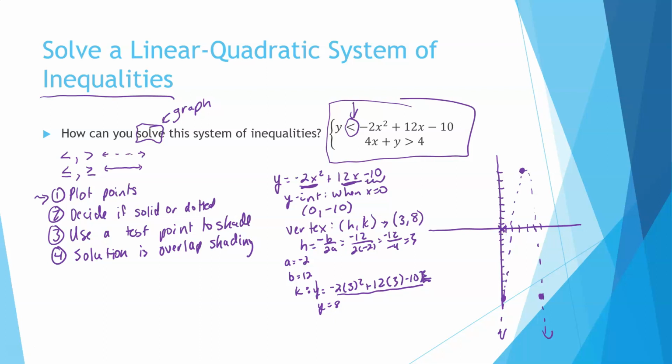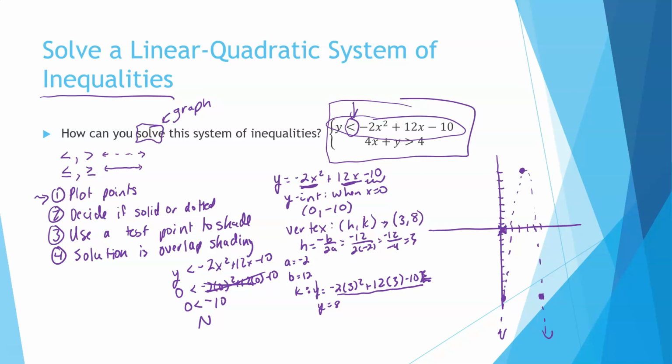So what that means is now I take the original. So now I have to think about it as an inequality. So again, y is less than negative 2x squared plus 12x minus 10. I'm going to plug in 0 for the y and 0 for all the x's. I'd have to show all this work. If you knew these were 0 already, you just say, is 0 less than negative 10? So you're asking yourself, is that true? And no, it's not. That means that this point is not a solution,